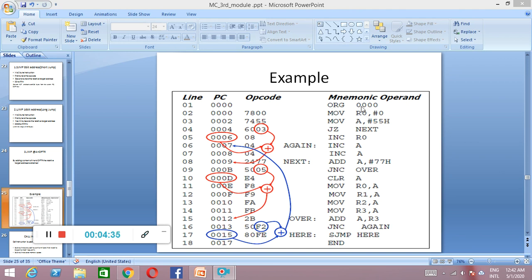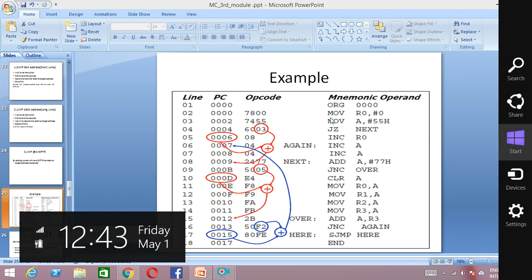Okay, so ORG 00H means it is going to start at the 00H location, then MOV R0, 0H. We already know that for any instruction we will have a certain opcode. Whenever it comes MOV R0 with some immediate data, the opcode is 78.